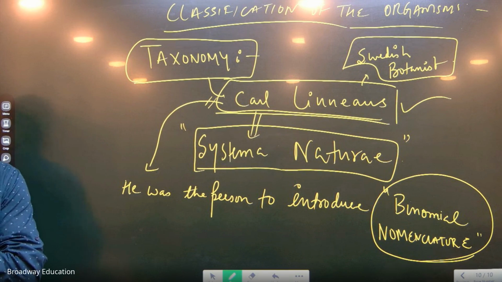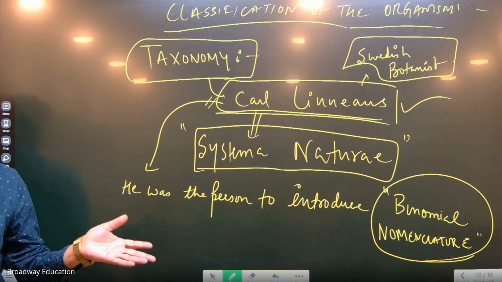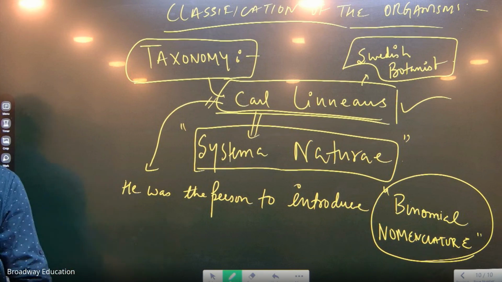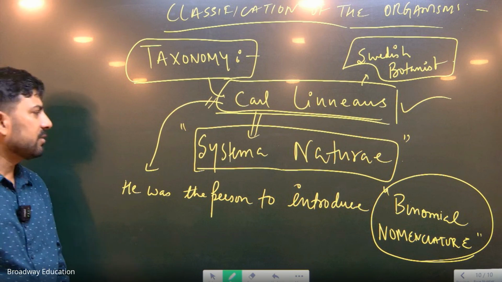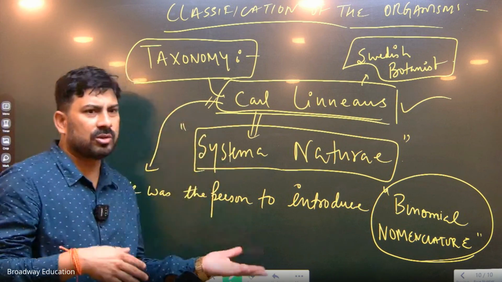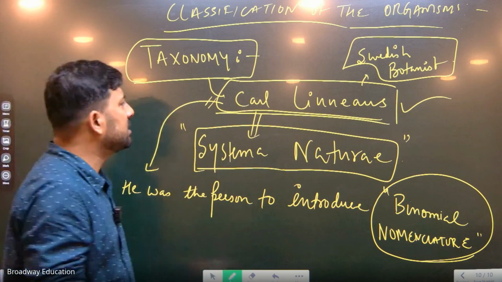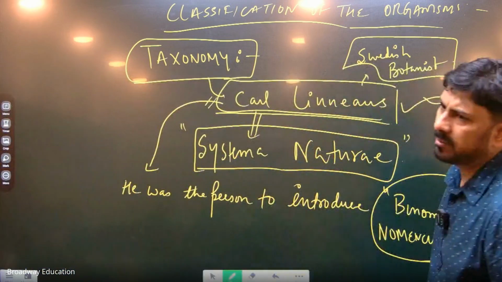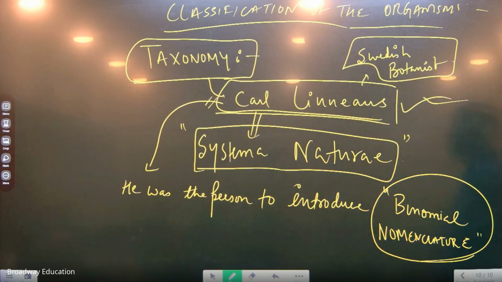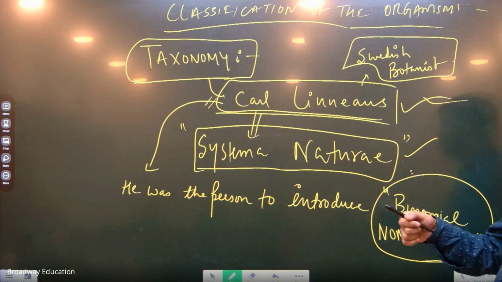Like we say now, Homo sapiens, Naja naja, for the cobra. Yes or no? So he is regarded as the originator. He is the Swedish botanist, his name was Carl Linnaeus. This part is clear. Now he was also responsible for publishing a book called Systema Naturae. Is this part clear?